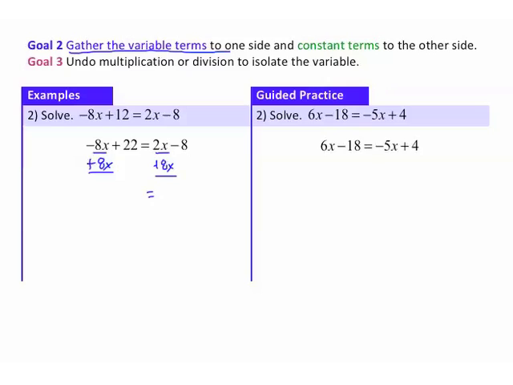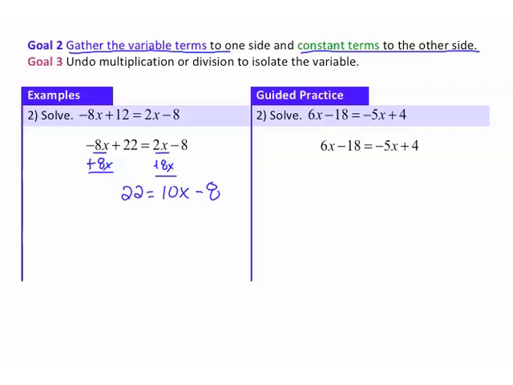Let's take a look and see what we have left now. On the left side, -8x plus 8x is 0, so all I'm left with is 22. On the right side, 2x plus 8x is going to give me 10x, and I have -8. So now I've got all the variable terms to the right side, so the second part of goal 2 is